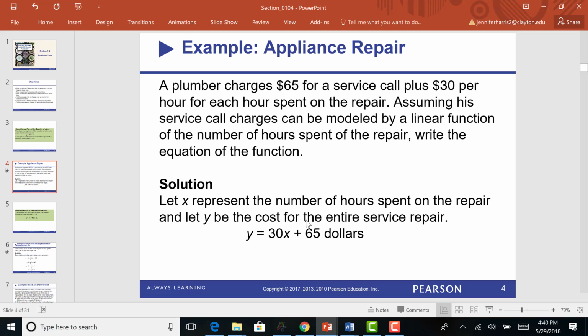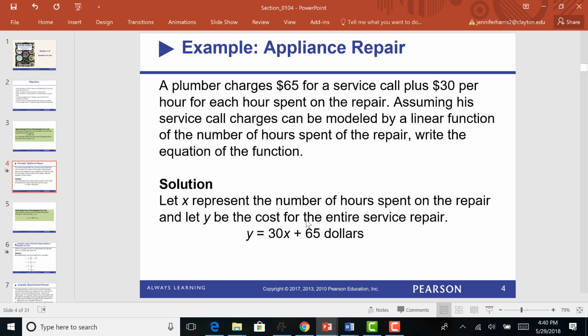So let's talk about topics of where this is related to real life. Let's make sure we understand the conversation. The plumber charges $65 for a service call plus $30 per hour for each hour spent on the repair. Did we do this before? We talked about something like this. I think it was just an example that you gave. Okay, an example. All right, good. So the key is, can the information be written in y equals mx plus b